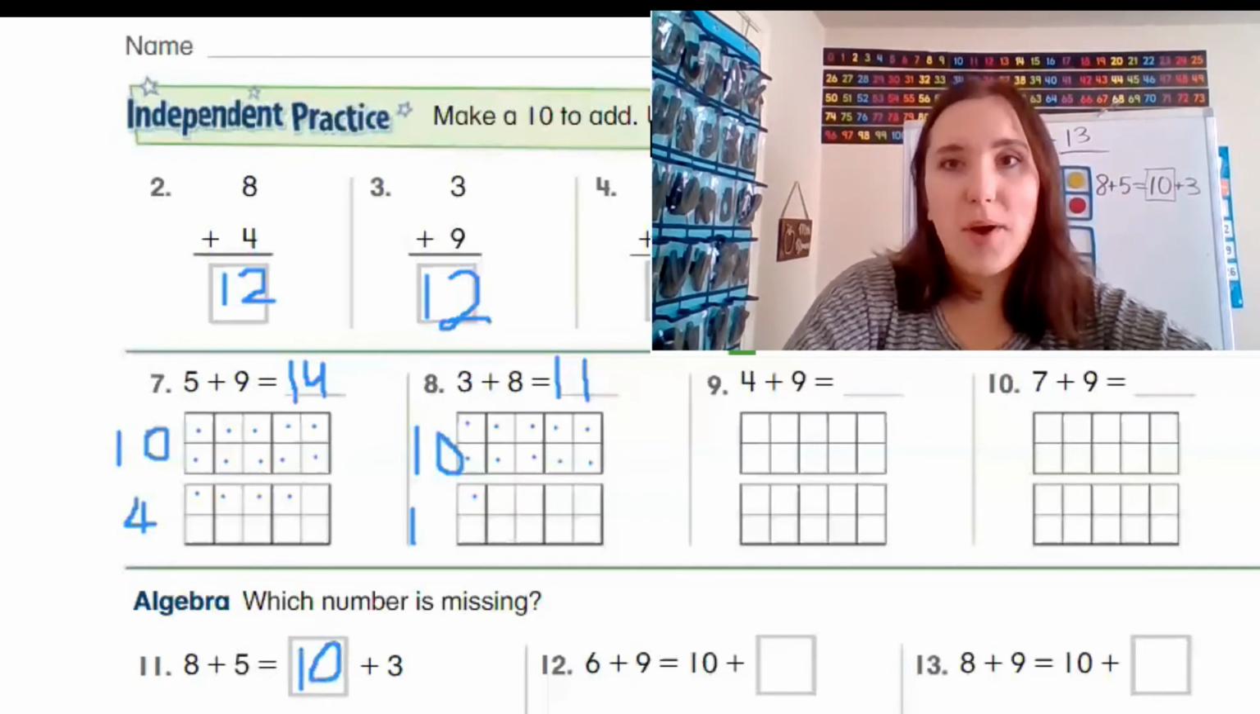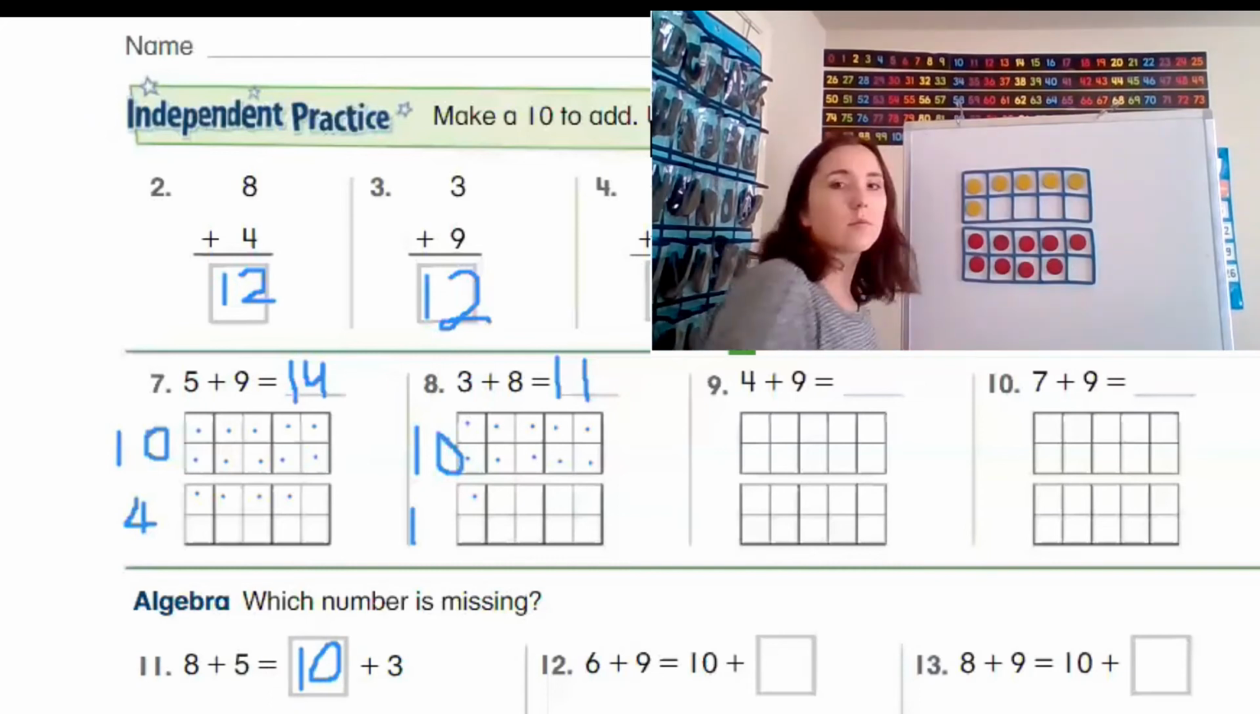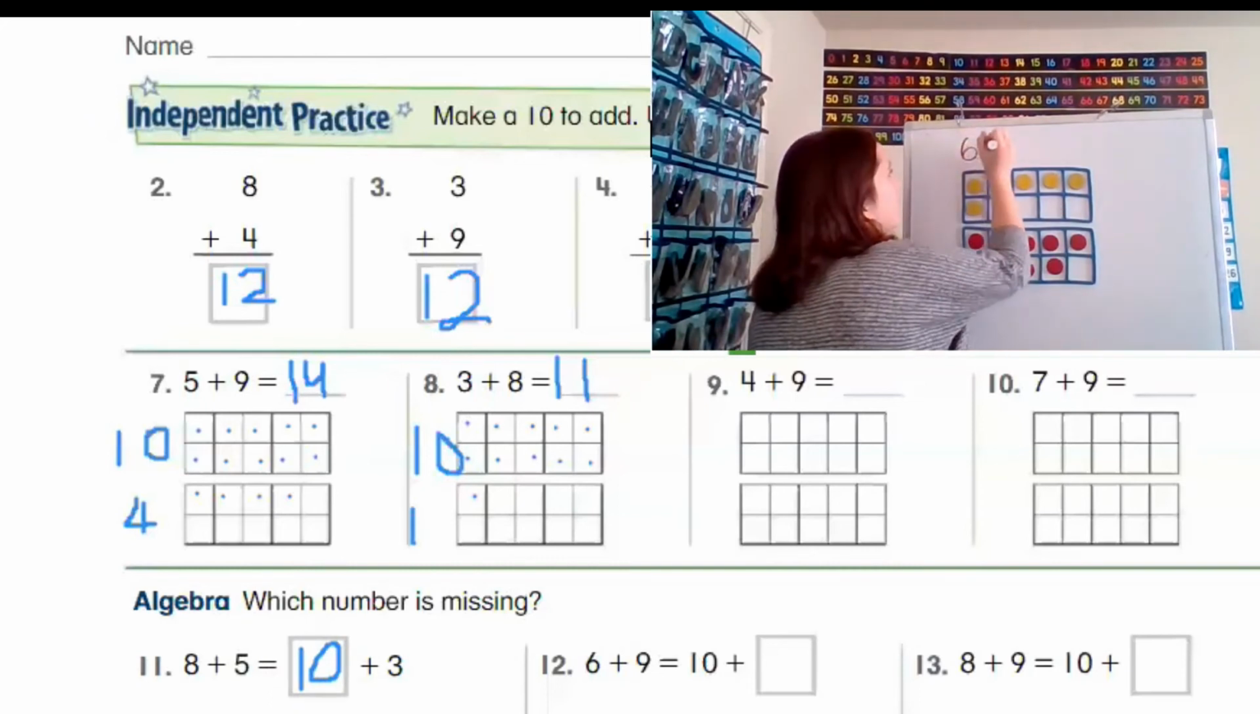Okay, I want you to pause and try number 12 all by yourself, and then come back and we'll check it together. Okay, let's check number 12. Our problem is 6 plus 9